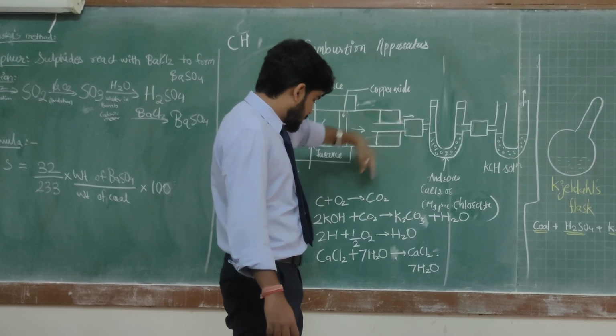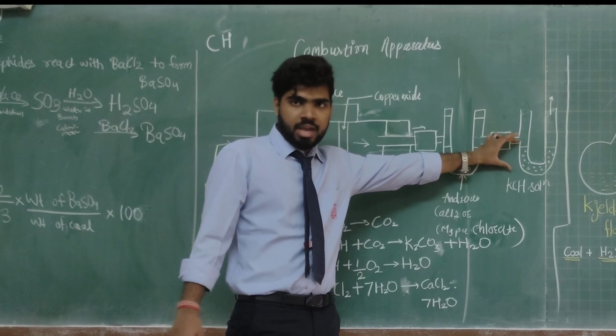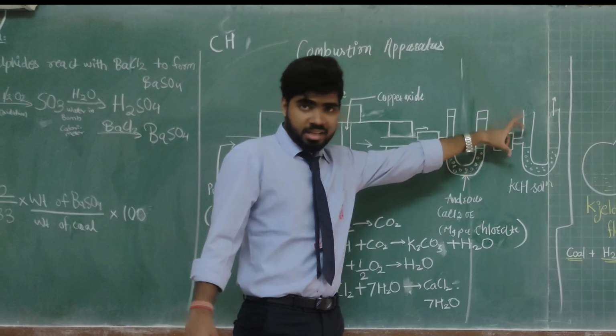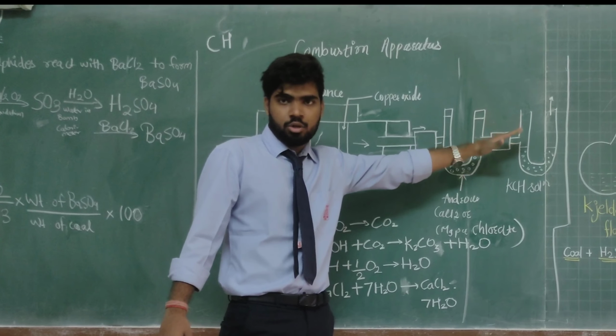So it will react in this KOH tube, and over here is the reaction. This was the reaction which took place over here, and now this is the reaction which will take place in this U tube, and again the same process. We knew what quantity of KOH solution we had. So now there is an increased volume of the solution due to the dissolution of CO2. This is the reaction, 2KOH plus CO2 gives K2CO3.